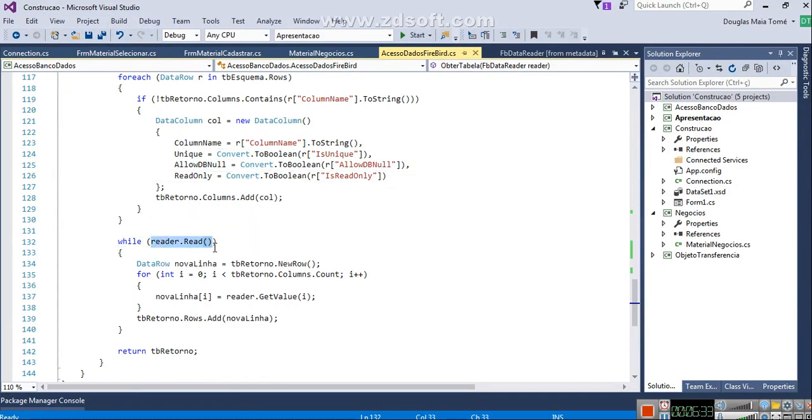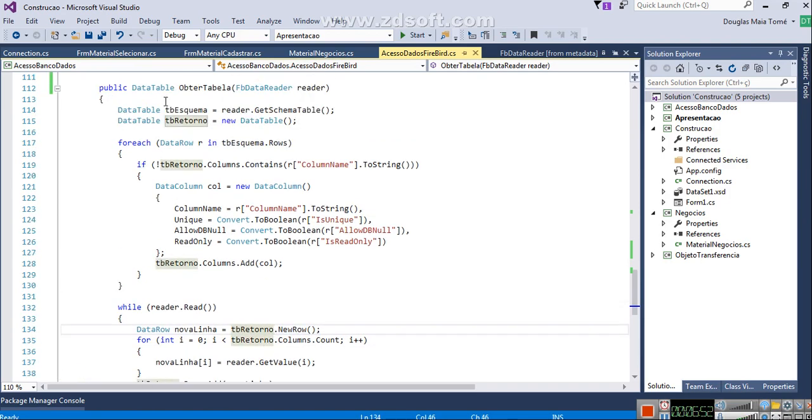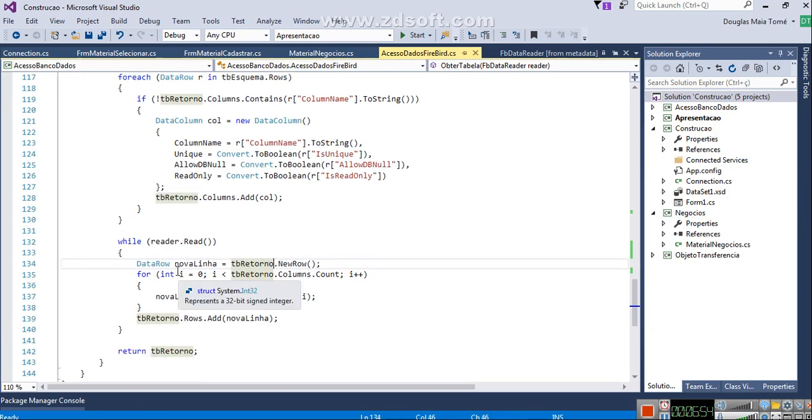It's the most important thing that we need. That is data. Here we receive the data. Yes, okay, and it will create this object data row receiving the table, return new row. Okay, I'm getting started with this too. So it will receive the values on each